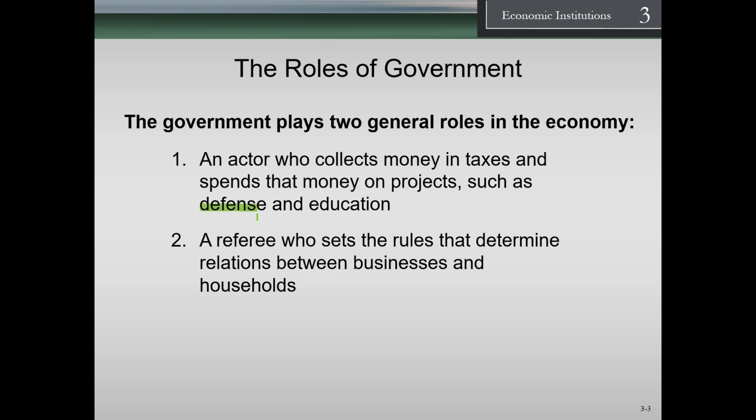Therefore, we need a central government to deal with foreign policy and defense. In order to do that, they're going to have to collect taxes and have the funds and hire people within the government and spend that money in various ways in order to meet that need.